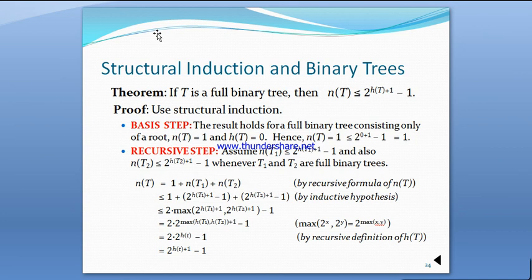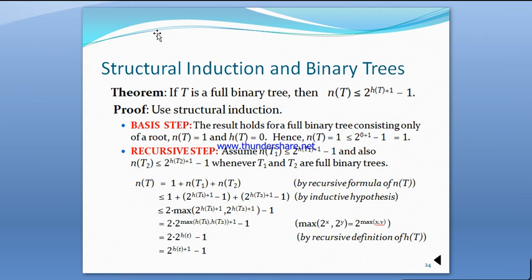By the recursive definition of the heights of full binary trees, this is less than or equal to 2 times the maximum of 2 power h of t1 plus 1 comma 2 power h of t2 plus 1, minus 1. So simplifying this